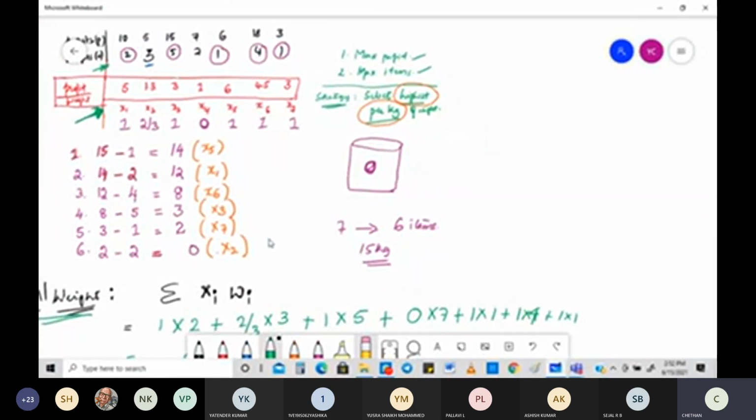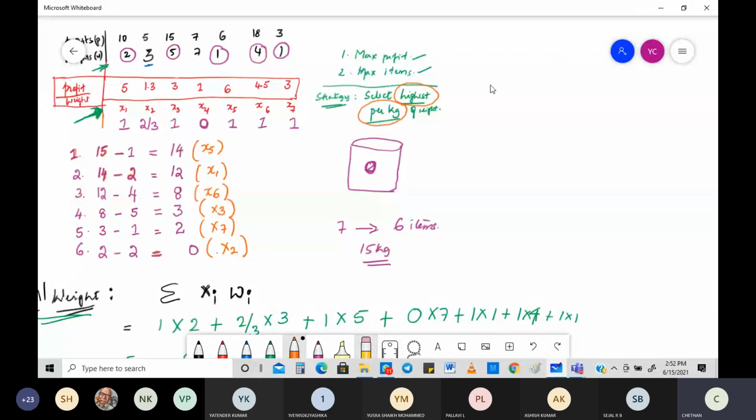How do you figure out the maximum profit? Maximum profit can be easily found like this. Did you get maximum profit? What is the formula? Maximum profit or total profit, anything you can call. Total maximum profit or maximum total profit, use the words, it's not a problem. So what is the formula that you use for total profit?